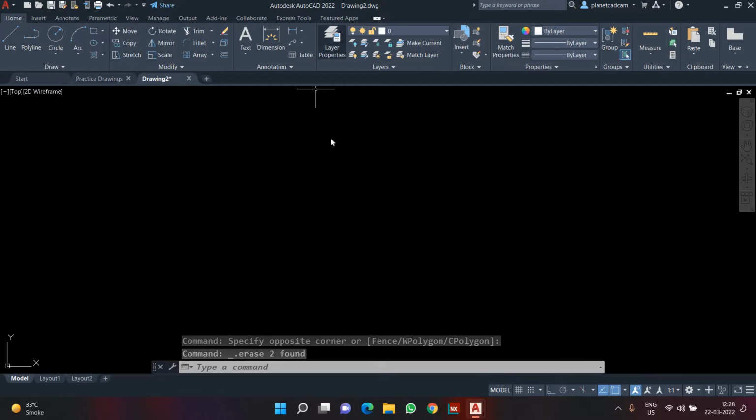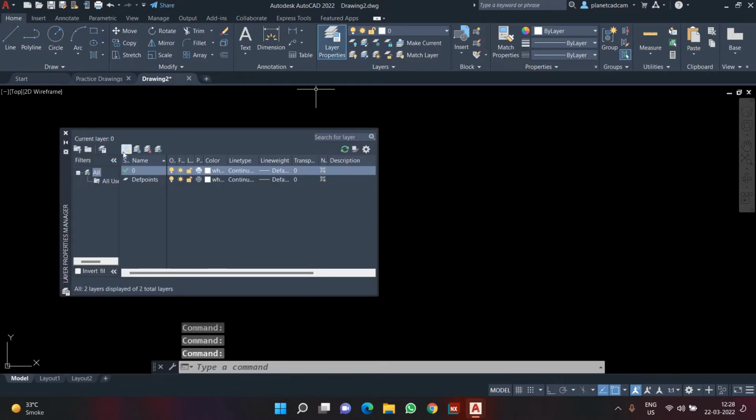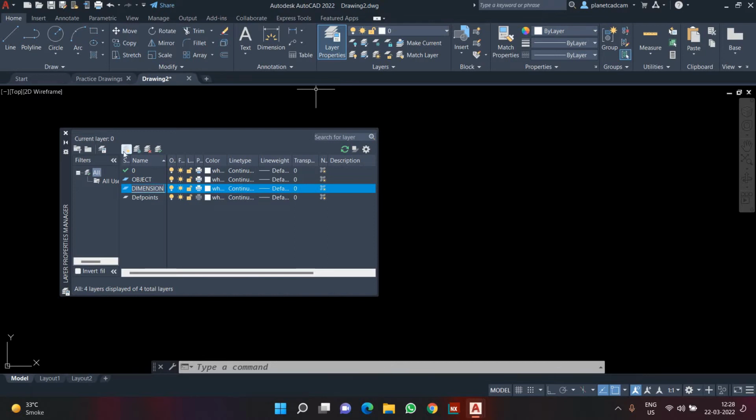So let's say, for example, we'll start with layers. Let's say I want at least 2 layers every time. So I want a layer called object every time, and I want a layer called dimensions every time. So I'm just creating 2 layers as of now. Along with that, if you need a layer called hidden line, you can also do that. So let's say I'm creating one more new layer,